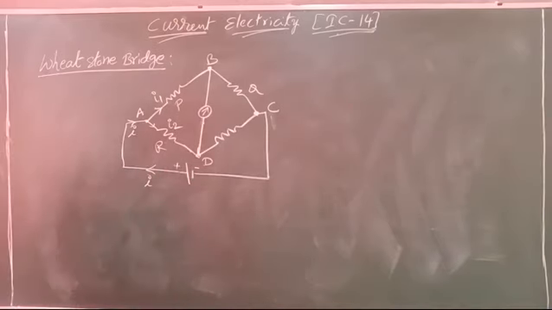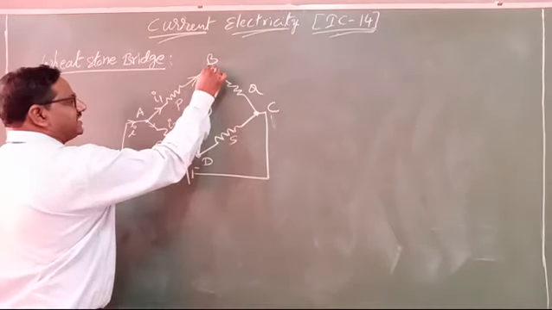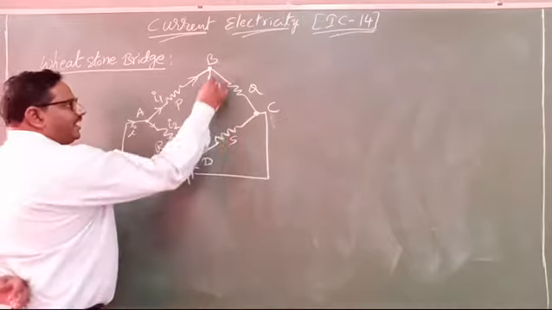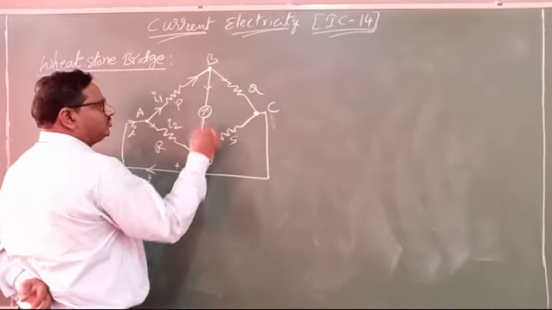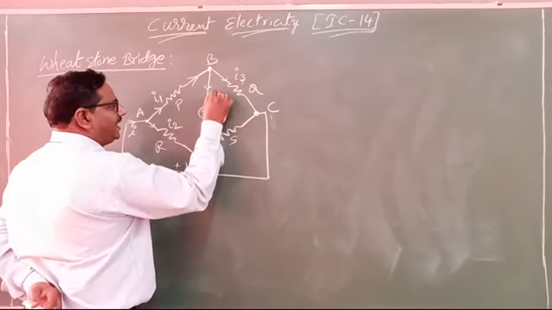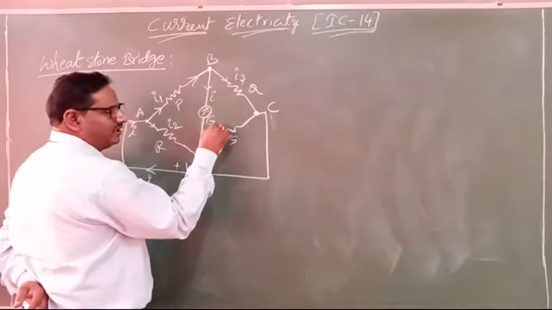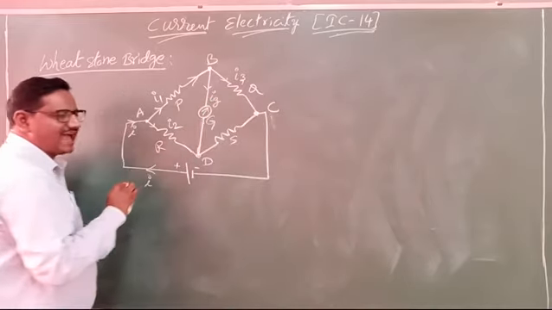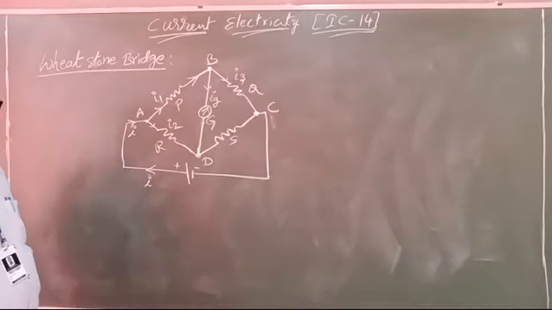Okay, I1 and I2. Why? Because it is a junction. At this junction, the current I enters and it can split like that into I1 and I2. Now here, the I1 current reaches the junction B. Here again it has two ways, so the current splits: here it is I3 and here it is through the galvanometer. I will consider that current as IC for our convenience.